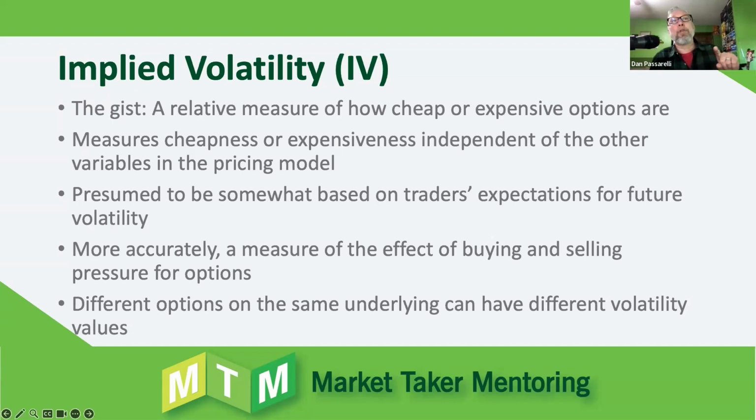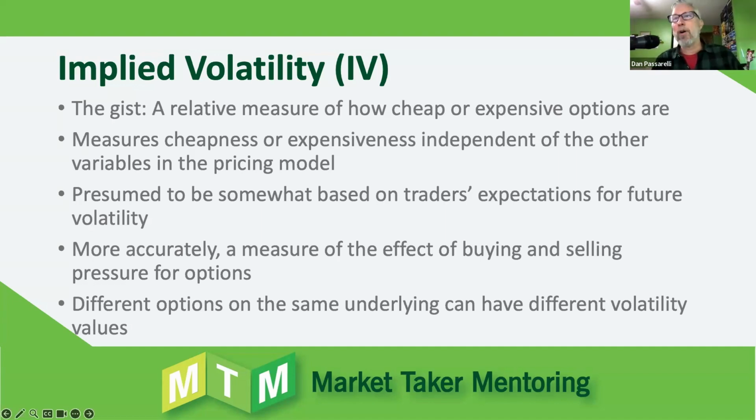If you think the stock's going to go up just a little bit, you'd probably just buy the stock and not waste money paying for this option that's going to decay in value. But if you think the stock's going to go up a lot, there's going to be a lot of volatility, but you're afraid it could go down a lot, you're way better buying a call because you get more leverage and it's okay to spend some money on the call because you're going to make so much more based on the amount of money you put in. And if it goes down, you can only lose what you put in, whereas if you bought the stock, you stand to lose a whole bunch more. So more accurately, implied volatility is a measure of the effect of buying and selling pressure for options.